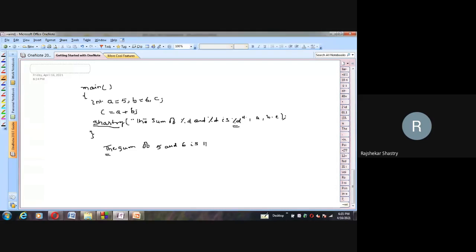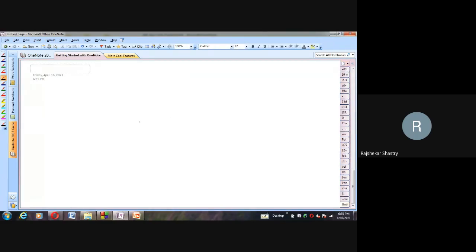Okay, then how can we do the variable number of arguments function? My method is Shastri, which will not return anything, so the return type is void only, and the method name is Shastri.